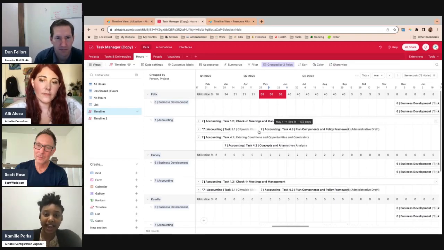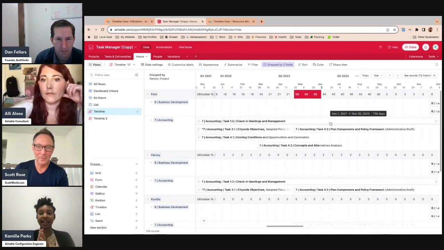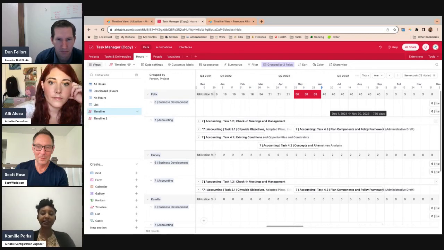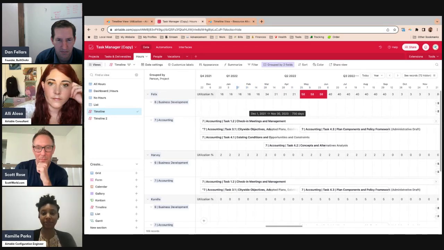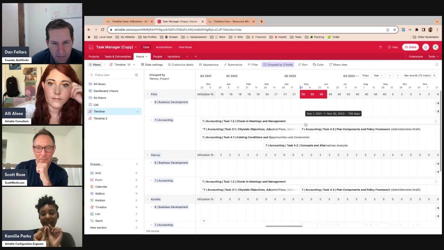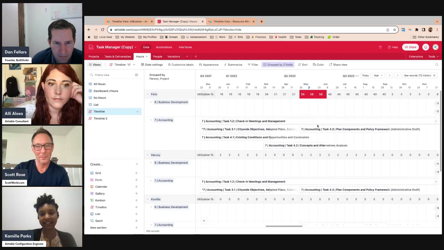I have all of these different hours that were planned for each of these individual tasks that are being stretched across the entire length of the task because I chose total rather than per day or per week or per month. And then Airtable is counting up: this task could last 730 days, and I said it was 30 hours or something total for Felix specifically, and then it's dividing the total hours for the task across the total number of days, then doing the same for all of the other tasks